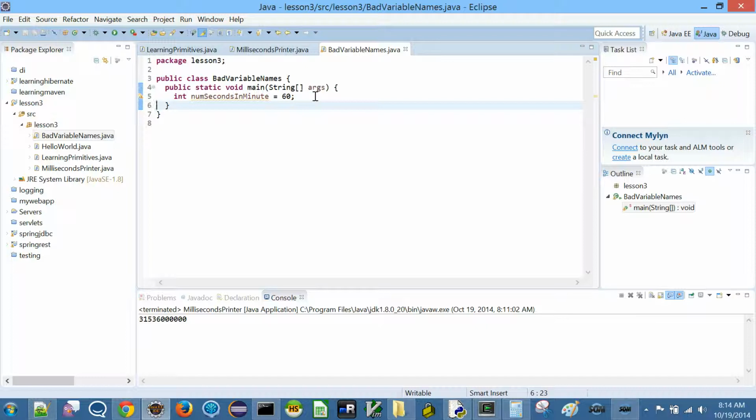If you are using a simple text editor, then this is difficult, I can understand, because you need to type all this, so you may want to call this x. But with an IDE like Eclipse, you should just use this. And notice that, like I said, we are using the mixed case or lower camel case, which means the first letter should still be lowercase, and after that you uppercase the first letter of each word in your variable.